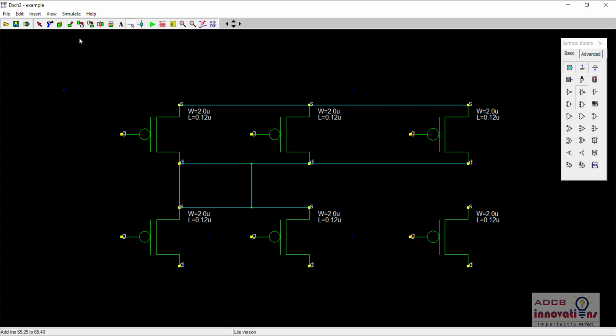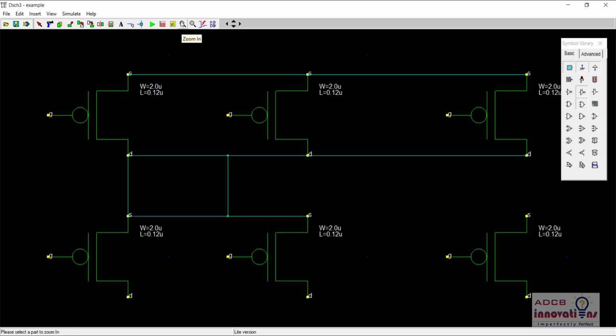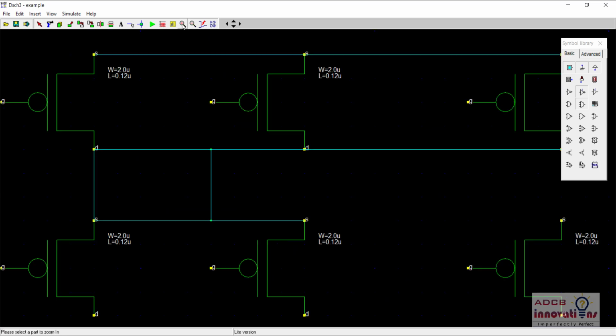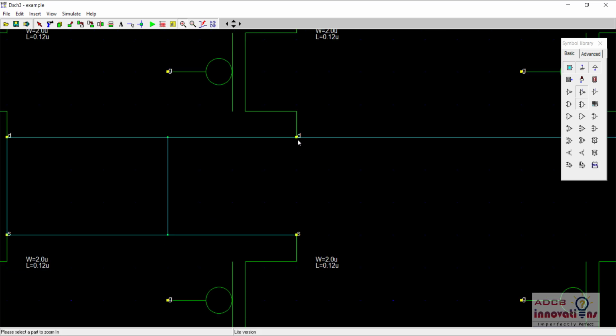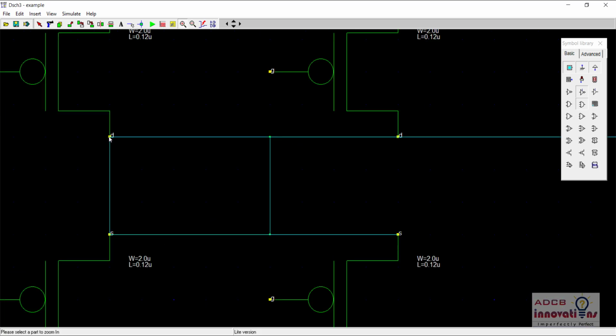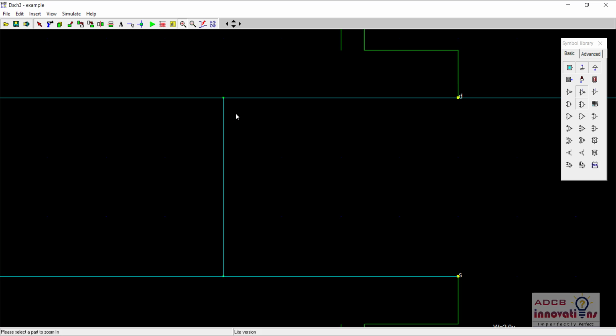So you can see when I connected this wire in the middle. Okay, first of all, see here the zoom option, we can just zoom in and zoom out. That is to show there is a connection between them. In the MOSFETs there are already the terminals, so it gets connected, but in this wire, these green color dots show that there is a connection here. Sometimes, due to some reason, let's say there is no connection between your wires. For example,